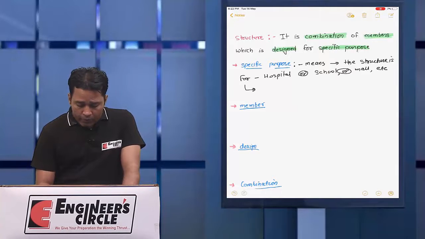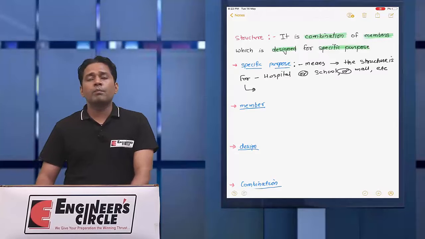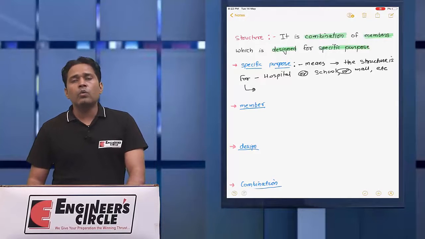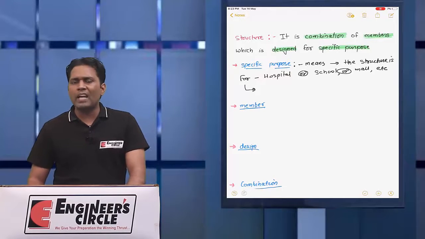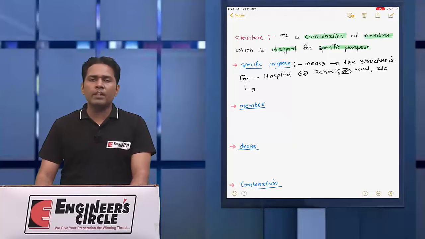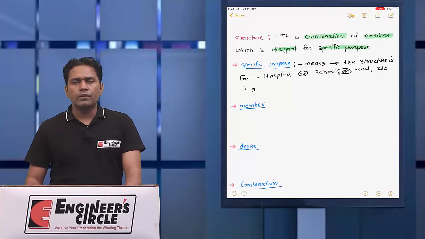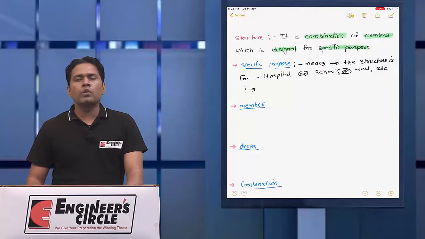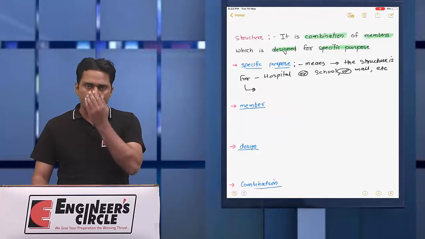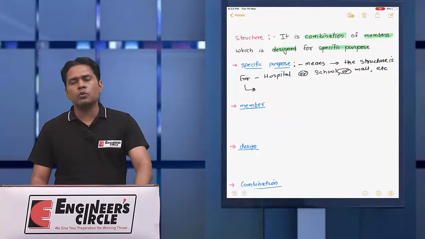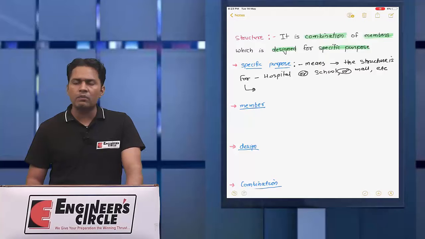So what do you mean by this? While you are designing any structure or member, you are going to assume some live load. The IS code, IS 875 part 1 and 2, will provide you the live load and dead load values depending on the nature of the structure. If you are designing a hospital, there is a different live load.